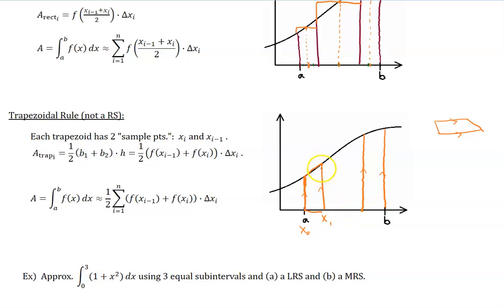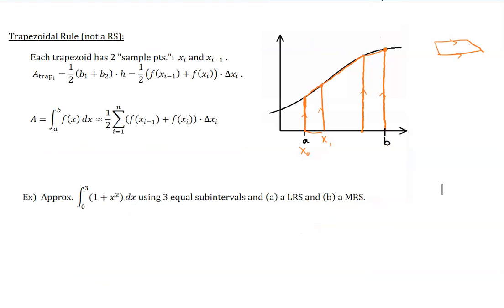And then the second trapezoid, one base has a height here, and the other base has a length, which is the height since we're going up and down. Okay, so a trapezoid like that, and then lastly, right there. So you can see how the trapezoidal rule is going to be more accurate than either a left or right or midpoint Riemann sum, because trapezoids are going to stick a little bit closer to the curve than a